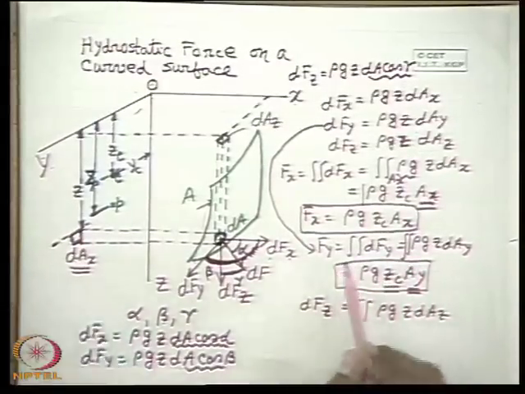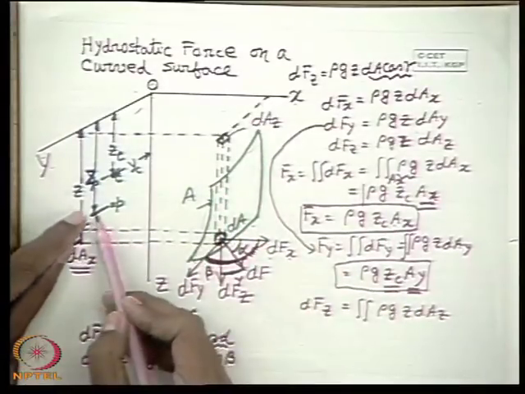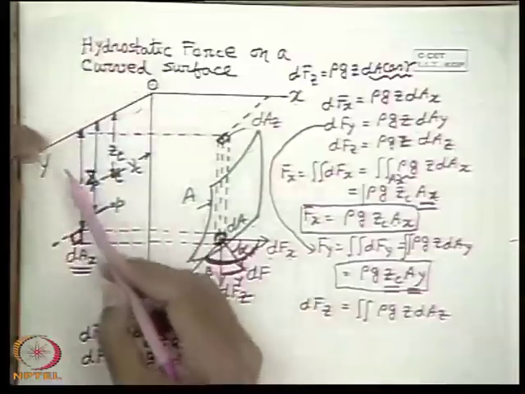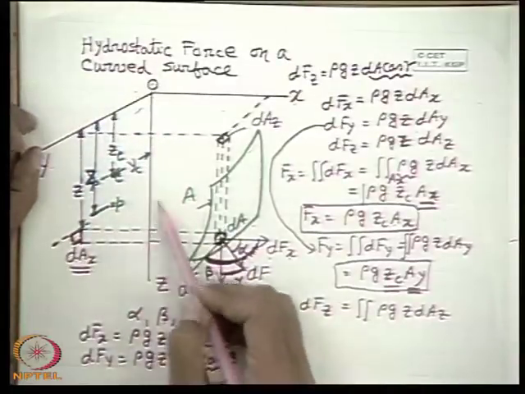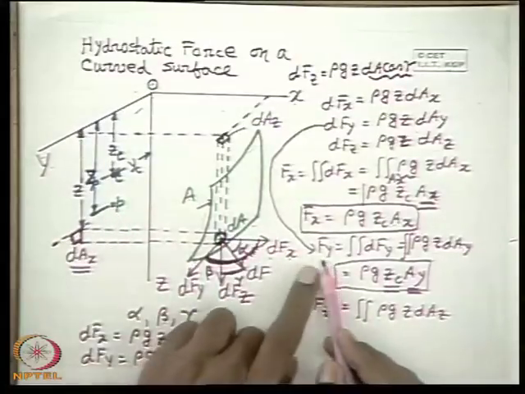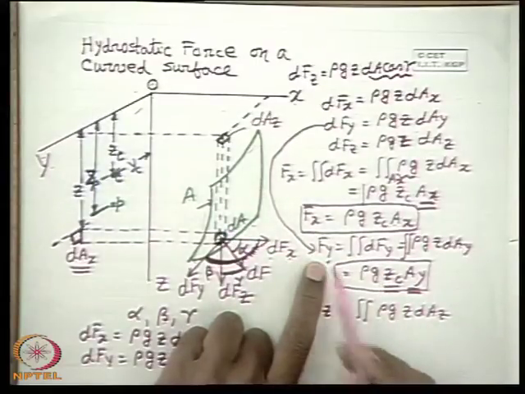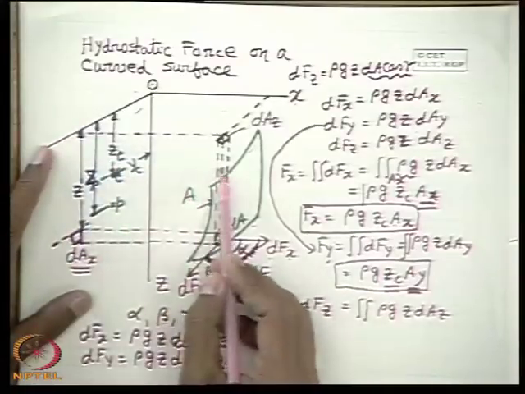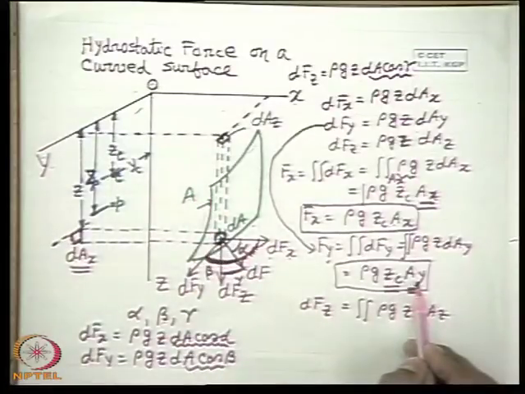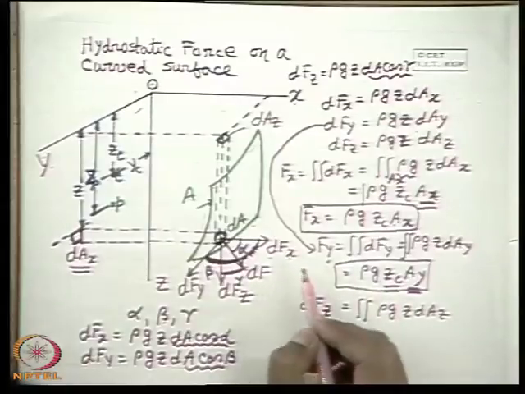Now we see therefore the x component of the hydrostatic force on the entire area is equivalent to the hydrostatic force on a vertical plane surface which is parallel to the yz plane, and whose area equals the projected area of this curved surface on the yz plane. Similarly, the y component of force on this curved surface is equal to the hydrostatic force on a plane surface which is parallel to the xz plane, and whose area is equal to the projected area of the surface on the xz plane. Therefore, we can conclude from here that the